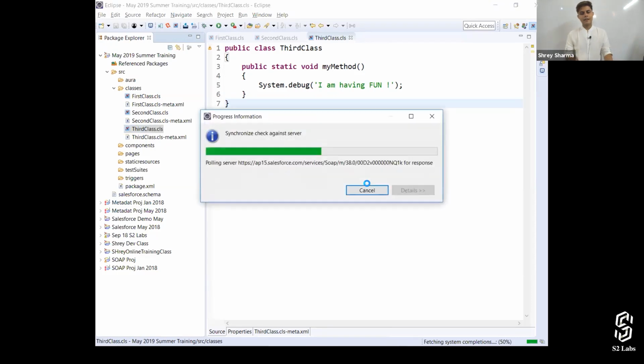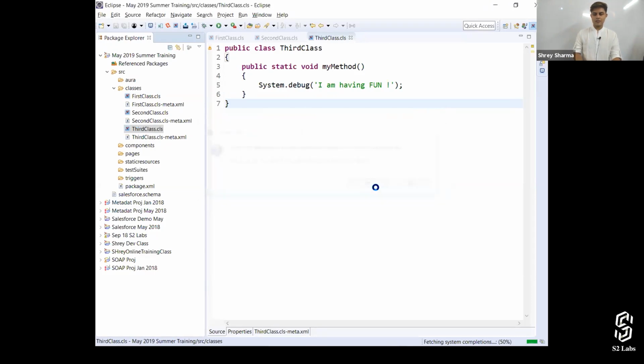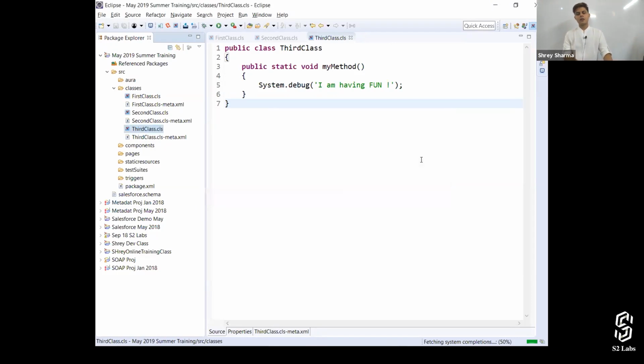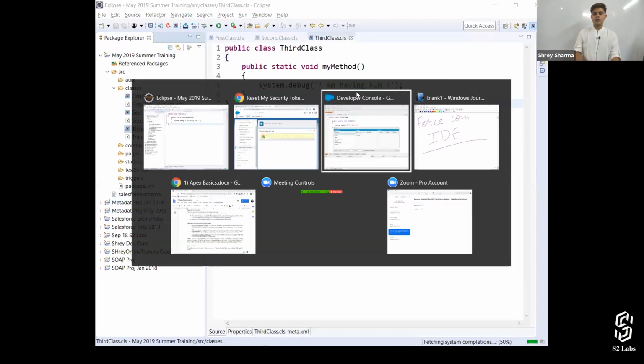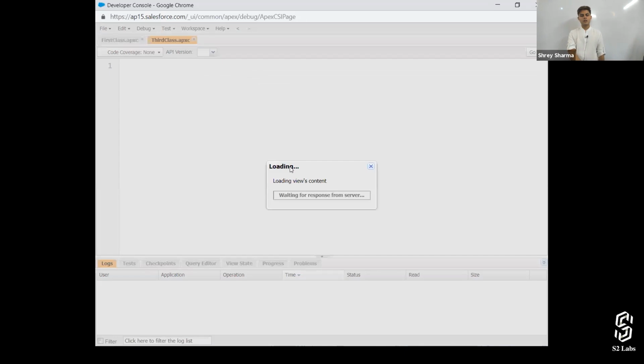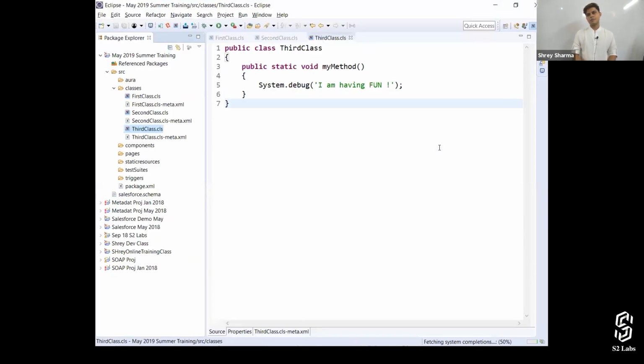Yes, go ahead. Do you want to cancel deployment? No. Yes. Operation in progress. Go to our developer console. Refresh. Third class. Say, having fun? That's how it goes.